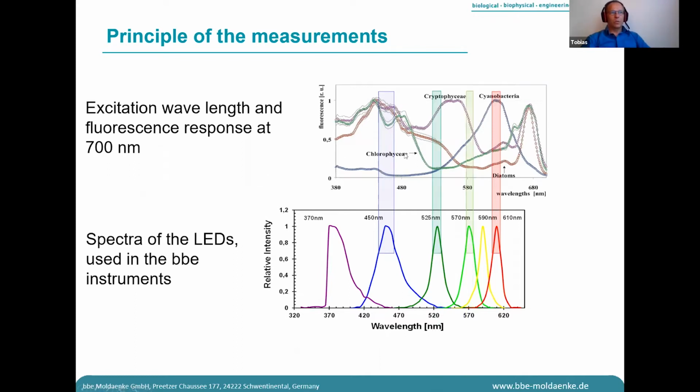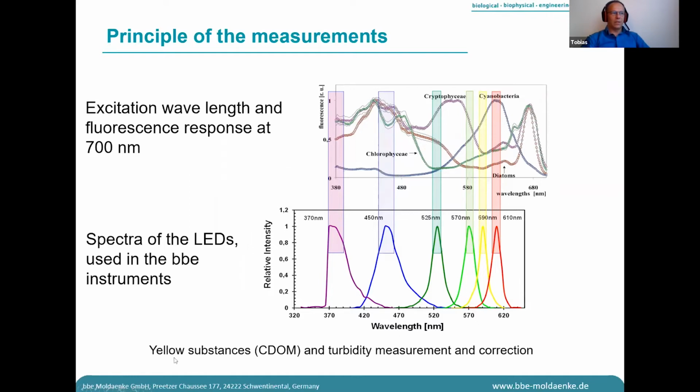But we are not interested in only those two of them. So we have some other LEDs to separate the other algae classes. And we have also implemented in the newest devices an LED at 370 nanometers. That is for yellow substances, because yellow substances have an excitation in this area and also have a fluorescence at 685 nanometers, where we measure.